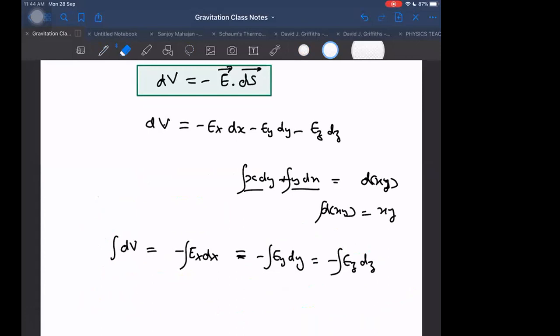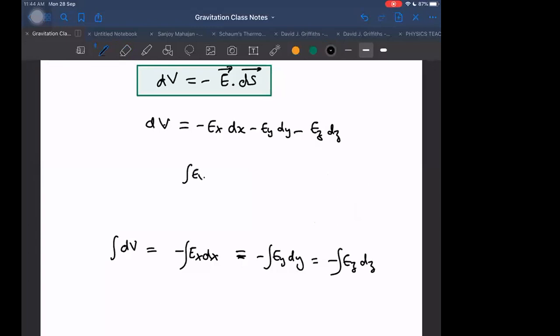So something like that happens in such cases when we write the potential. Then we don't write these integration terms separately. And this is a general rule. Whenever Ex dx is equal to Ey dy, and whenever it is equal to Ez dz, then in those cases we should not write it three times, but we should just write it equal to the total integral.